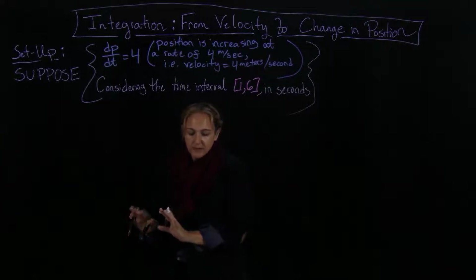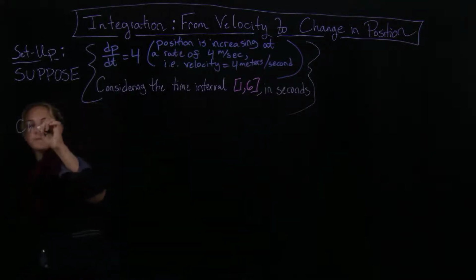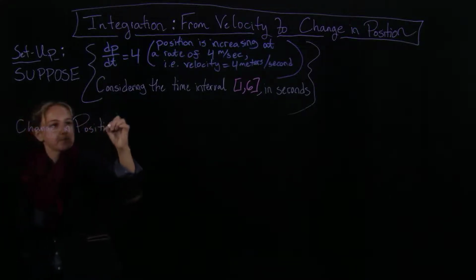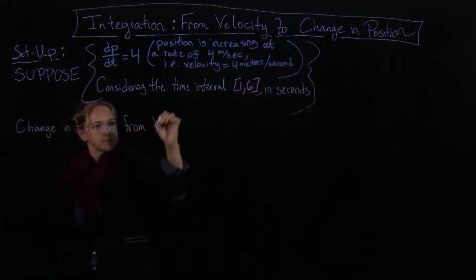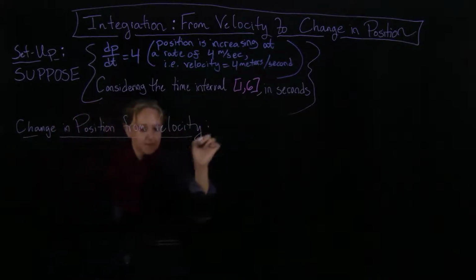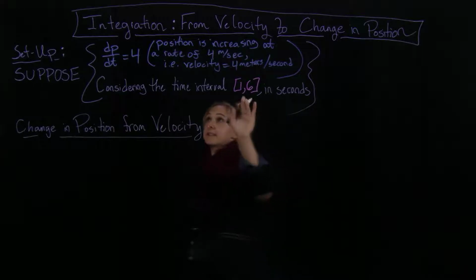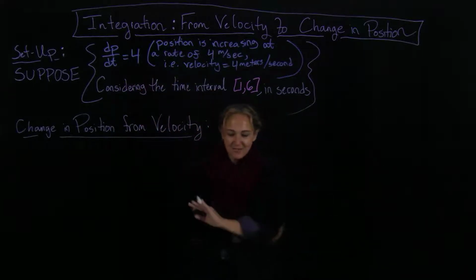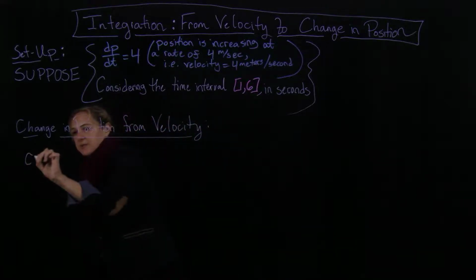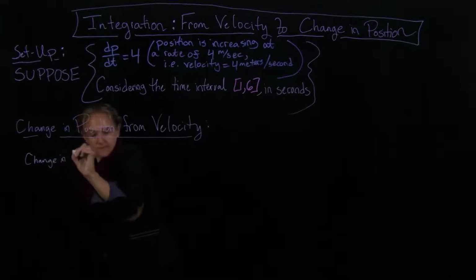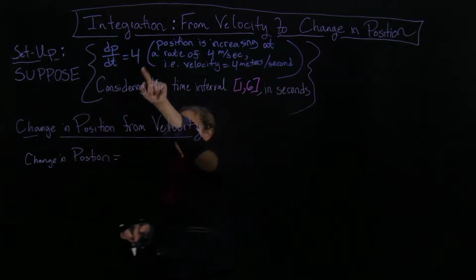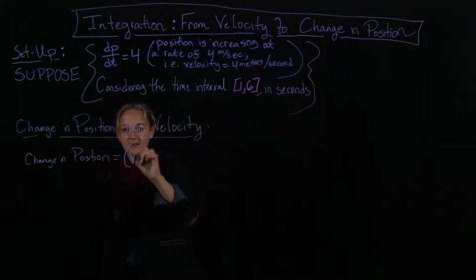So how would you figure out the change in position from velocity? Well, in a circumstance like this, where it's always 4 meters per second and it's not varying, our change in position is going to equal, we're going to take this velocity, dp dt,